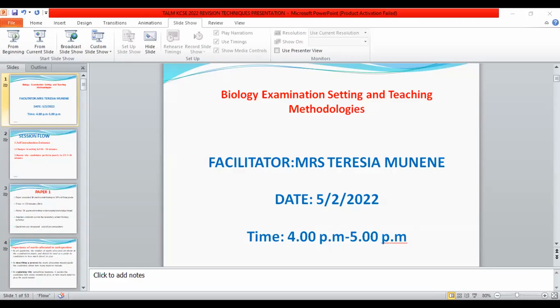To our candidates, it is very important that the students first of all check the number of marks that are awarded per item, because you find that marks should be assigned by the candidate.